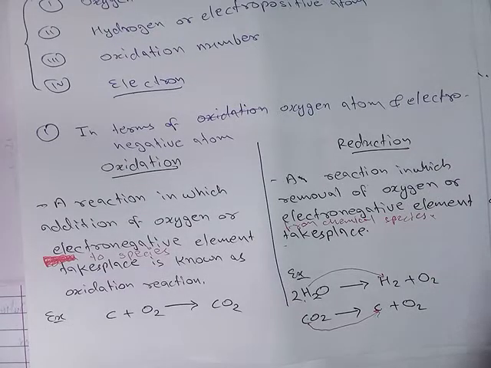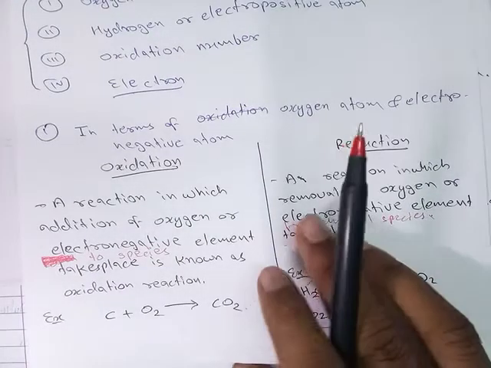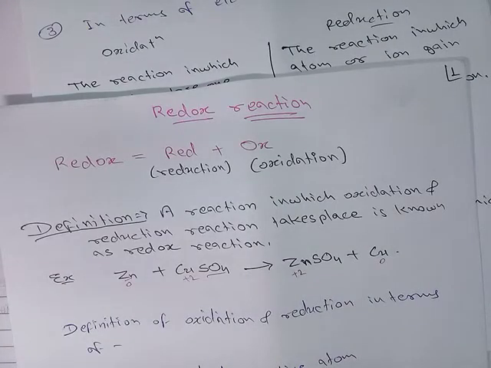Redox reactions are important in our chemistry and daily life, like in cells, such as the electrochemical cell and the electrolytic cell. An electrochemical cell is a cell in which chemical energy is converted into electrical energy, and we get energy. In every cell the redox reaction is responsible for the generation of energy, so it is an important reaction.